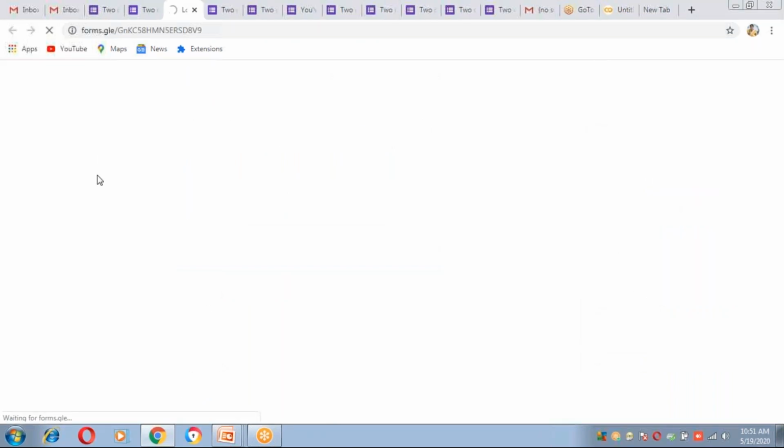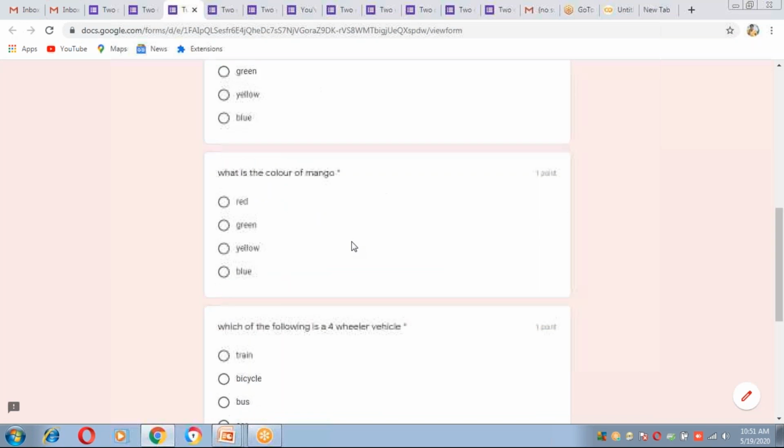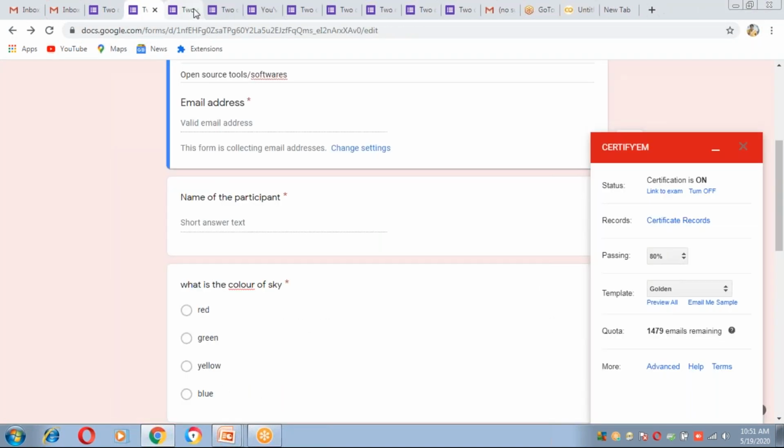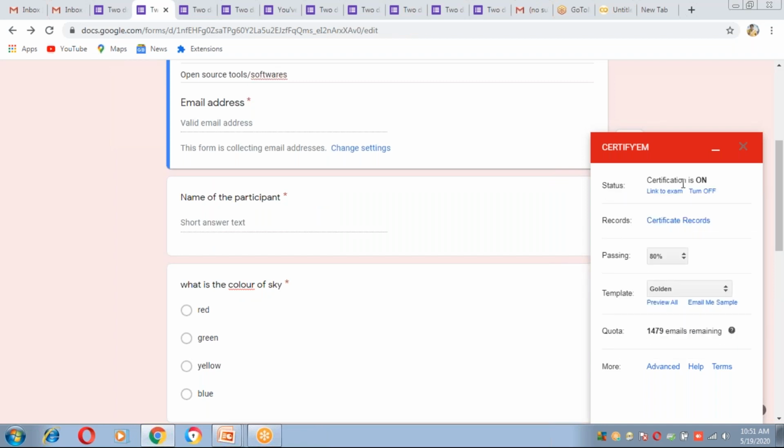Link to exam means again it is looking and going to the exam. Only this one is in pending status.